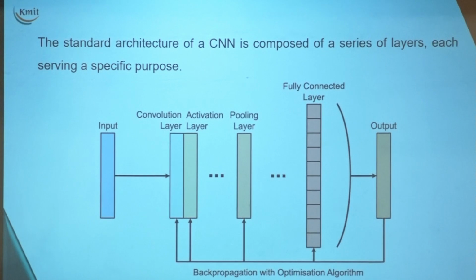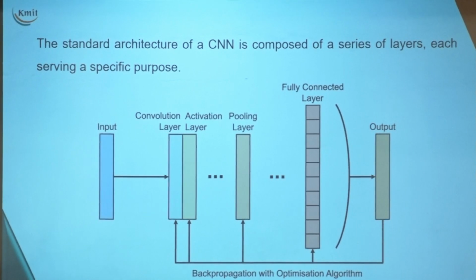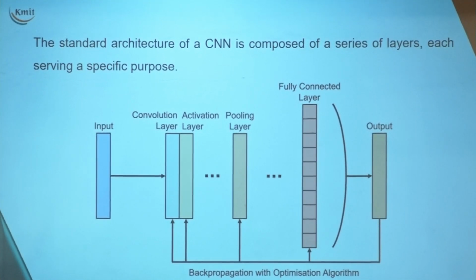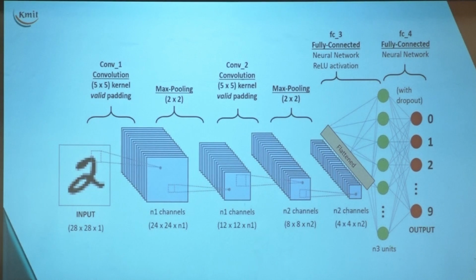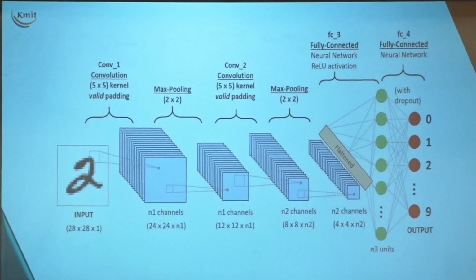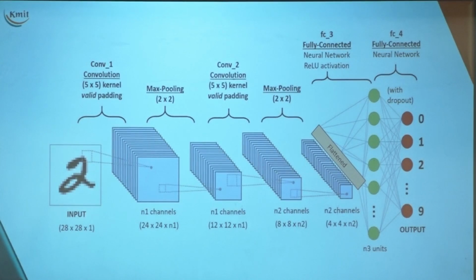The only two things which are different is before we actually convert the image into 2D, we perform these two important operations which are called convolution and pooling. How many convolutions, how many poolings you do depends on the image. Yesterday we saw one image of so many buildings in a picture, right? If you find the image to be so deep to understand, we go for more convolution layers